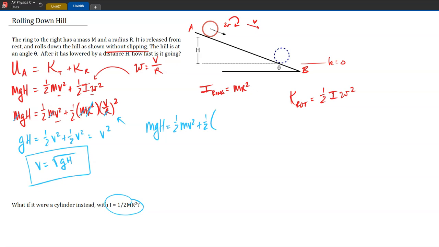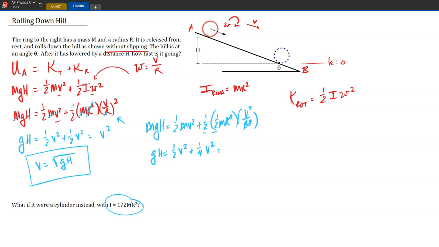Now this time our moment of inertia is 1/2 mr squared times, again, v squared over r squared. And similar things happen. The mass is in every single term, so the mass is going to drop out. The r squareds are going to drop out. And we end up with gh equals 1/2 v squared plus 1/2 times 1/2, or 1/4 v squared,